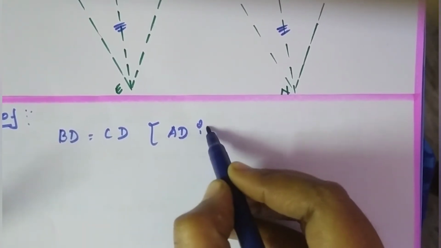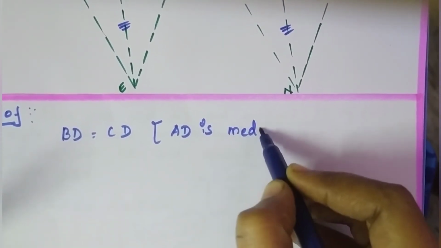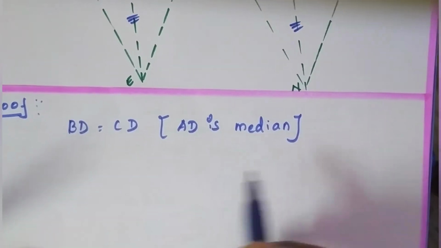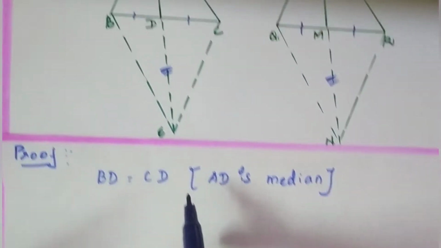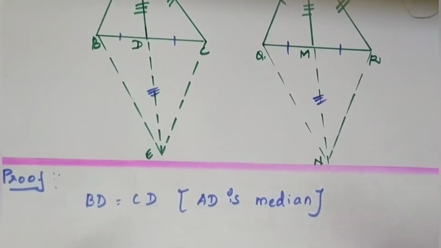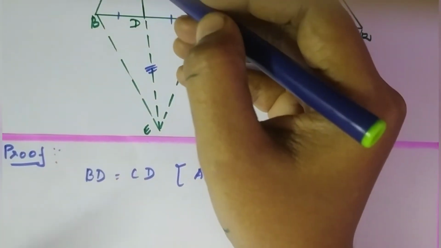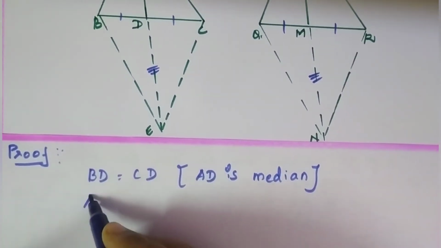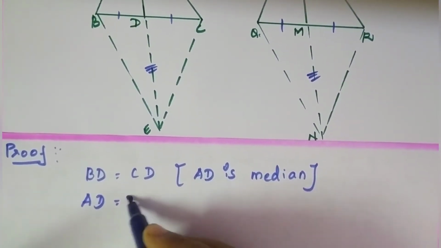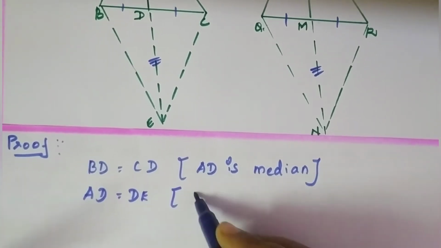AD is a median, and since AD is median, I have taken that BD is equal to CD. And by the construction, I know that AD is equal to DE. That I am going to take. AD is equal to DE by